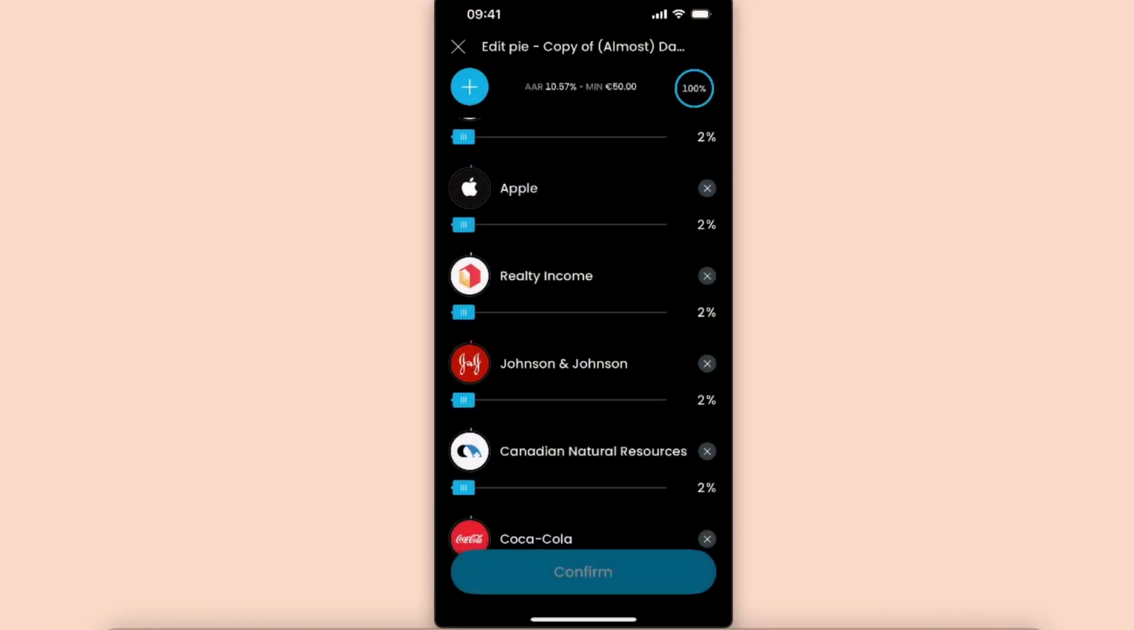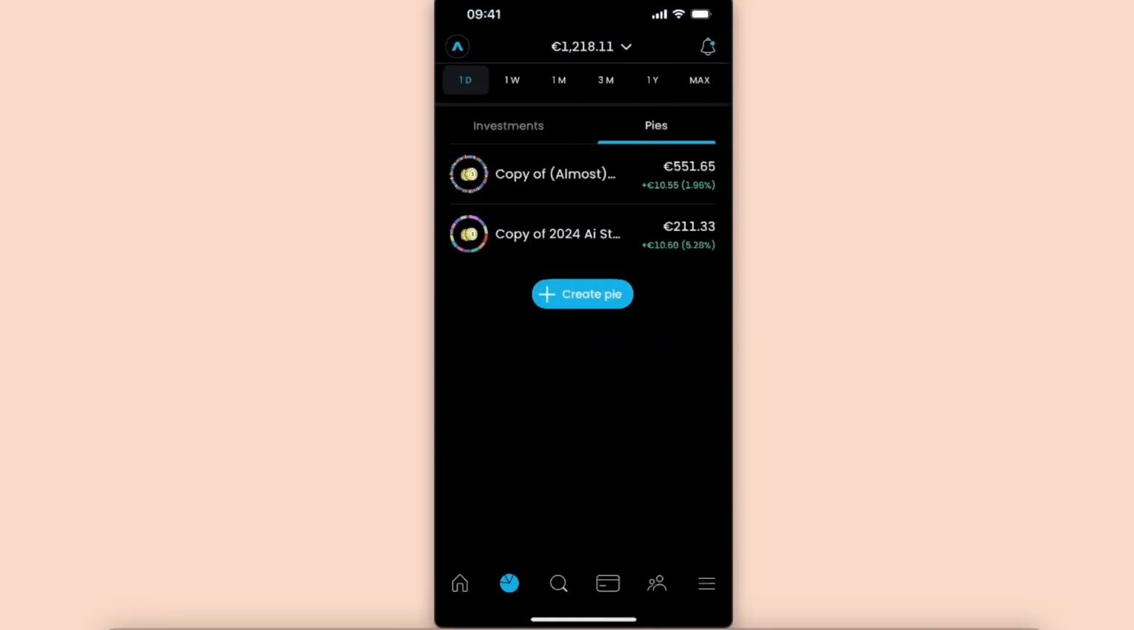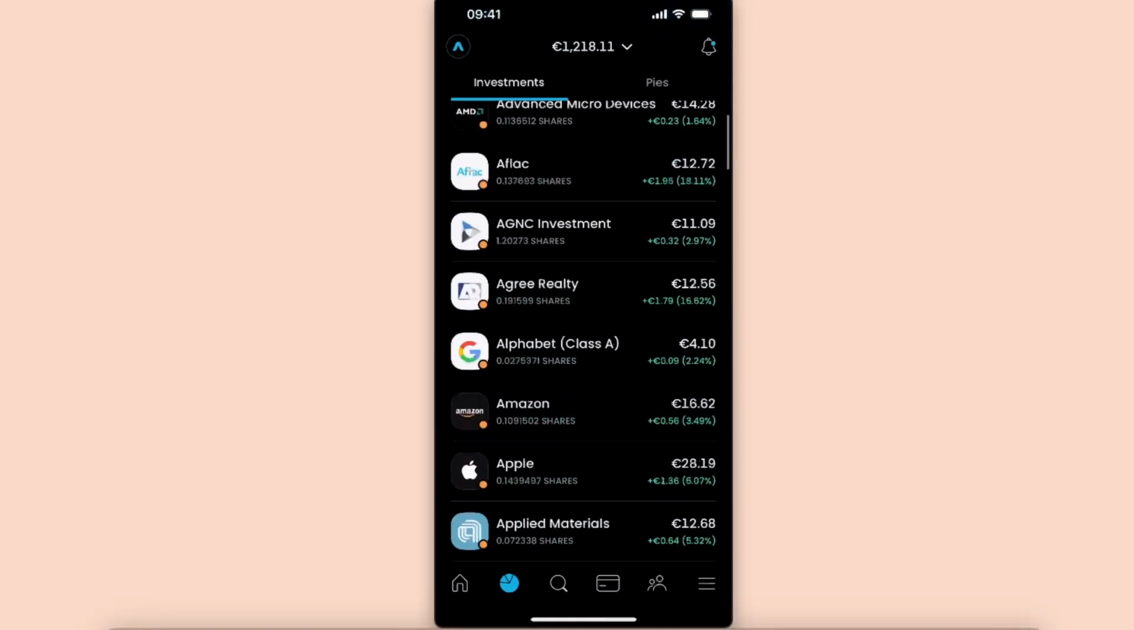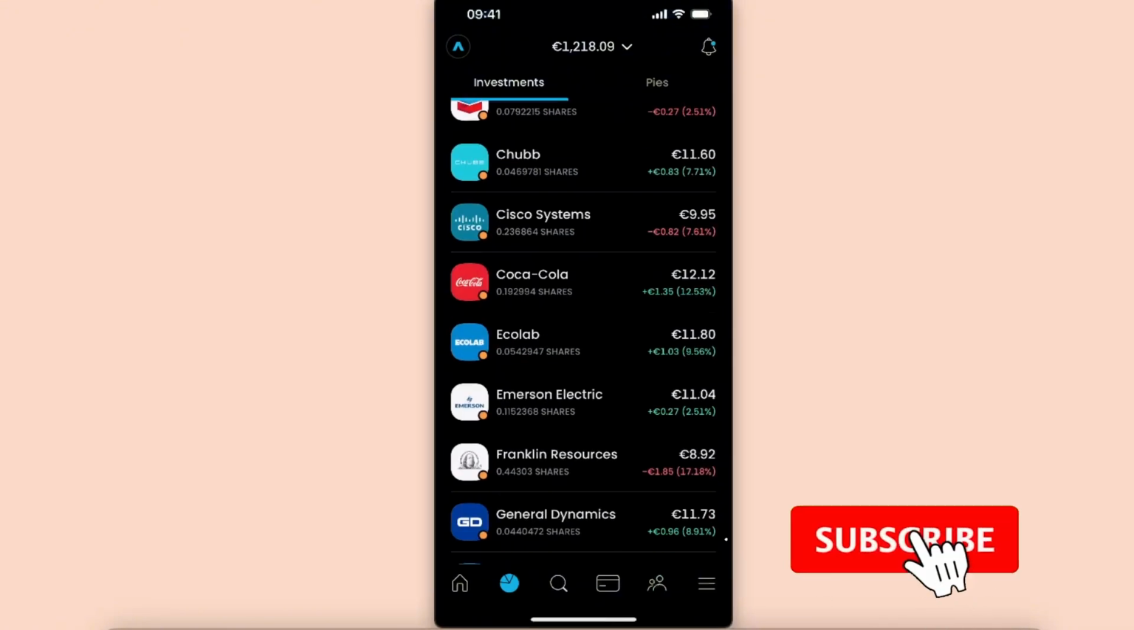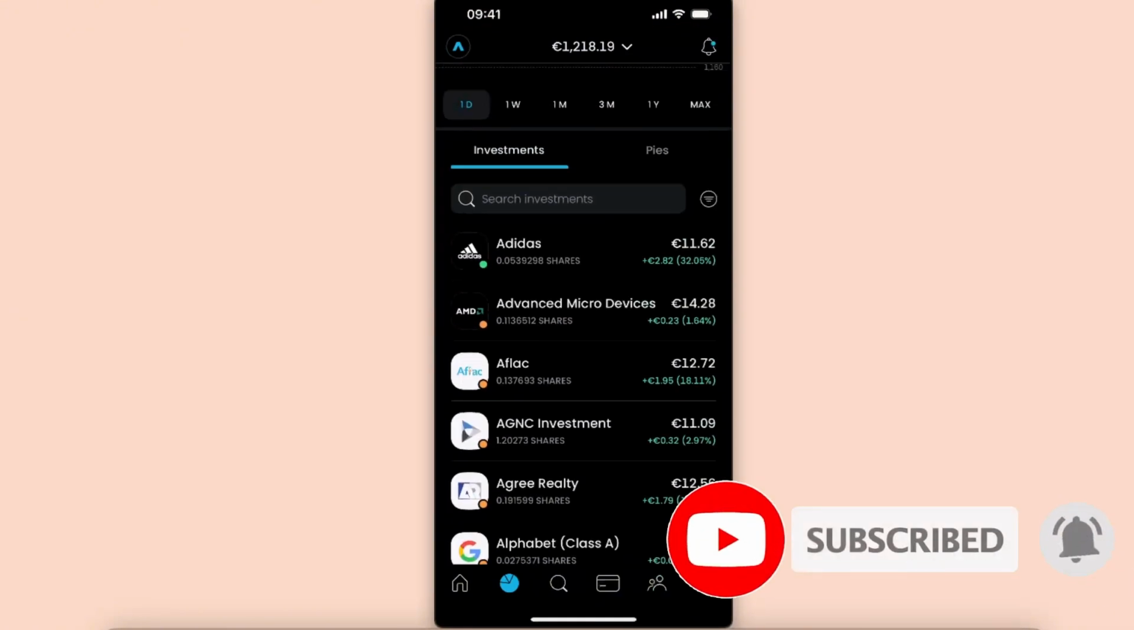Once you remove it from the pie, then you will go back to your investments. You will find that share here and you're gonna sell it just like so. It has to be an individual share in order